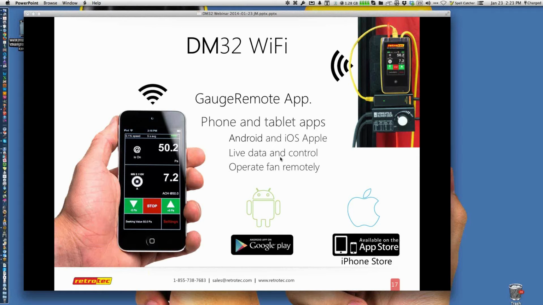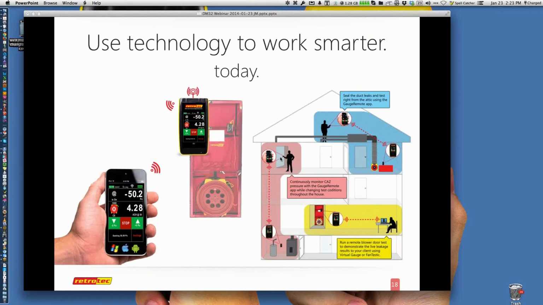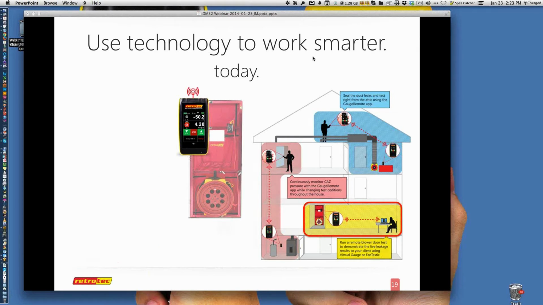Here's some of the ways we try to come up with some illustrations about how this will benefit us in the field and what we do. So one is I described in yellow down here. I can sit and control my gauge from the kitchen. I also can share the results with my clients. I can sit in a much more comfortable, simpler place and get the results that I'm used to dealing with